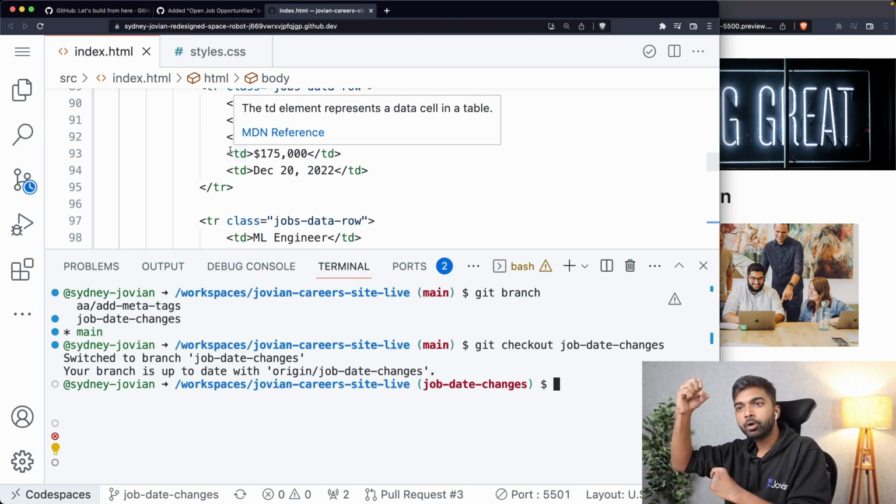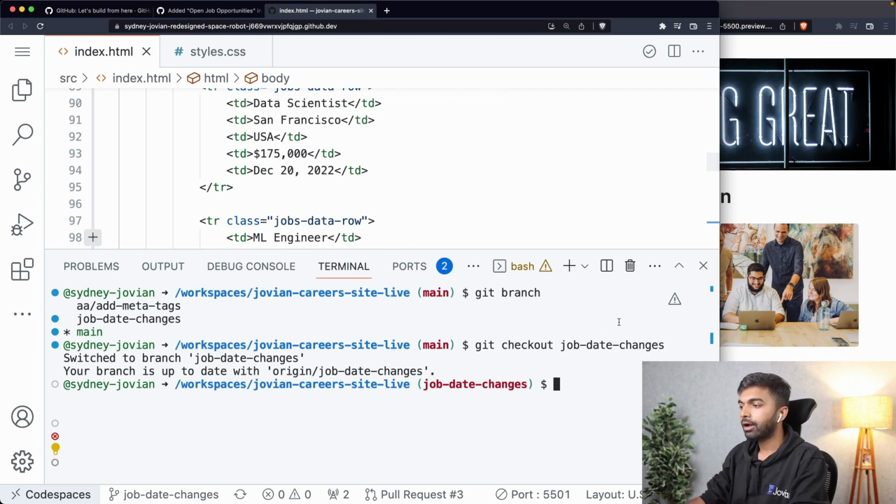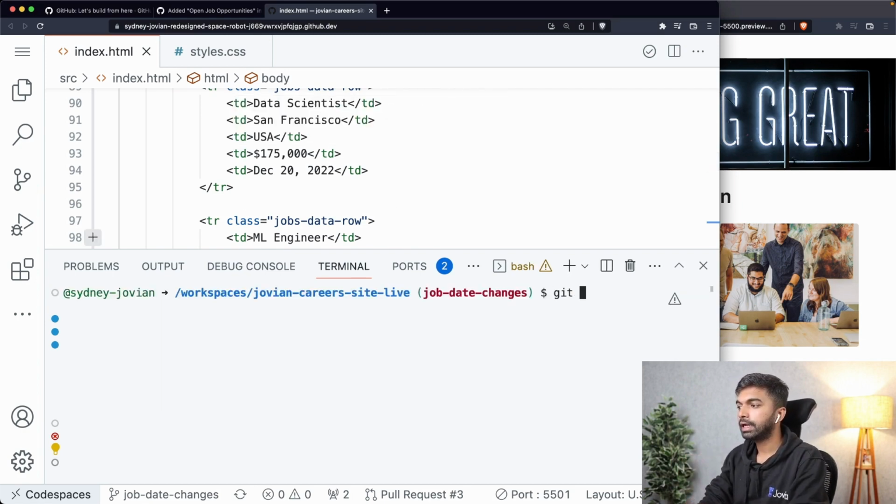So what I need to do is pull these new changes into my job branch. Well, actually we need to merge these new local main branch changes into the job branch. So we say git merge main. What we're telling Git now is that I'm on this job date changes branch. Take the latest changes from the main branch on my computer, which is already tracking the latest changes from GitHub, and bring all those latest changes back into my feature branch. So I type git merge main,